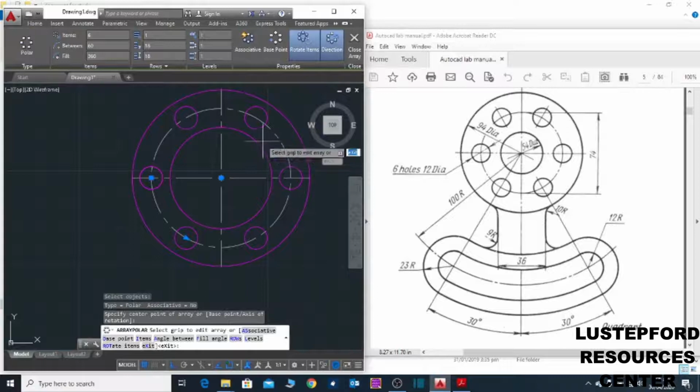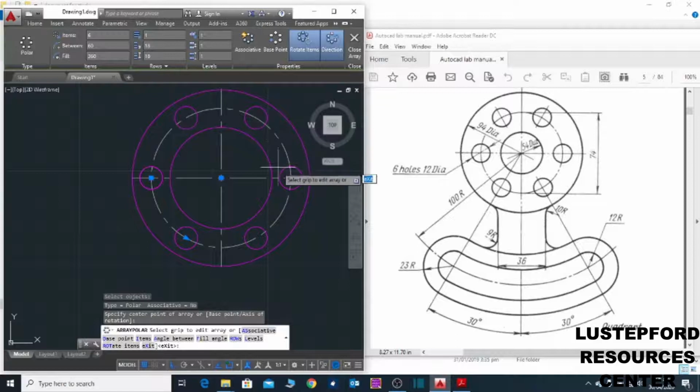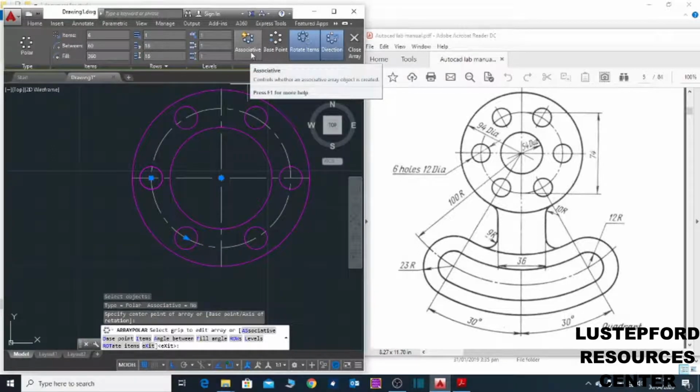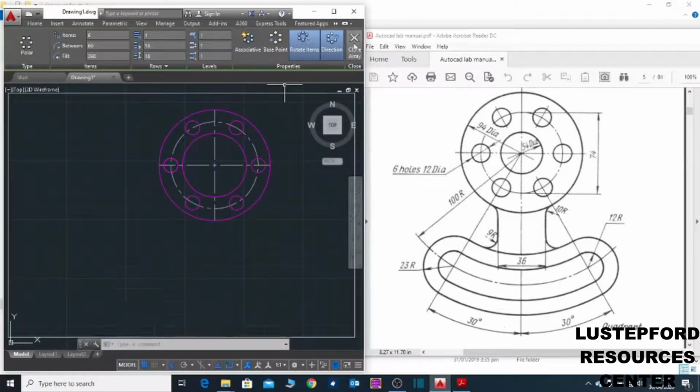Now we needed 6 elements, so the default number of items in array is 6. Make sure that associative is off, because if it's on, it makes the whole of this one, and if you select one, all of them will be highlighted. But as associative is not active, these will be separate members. So I will create this, I'll close array.